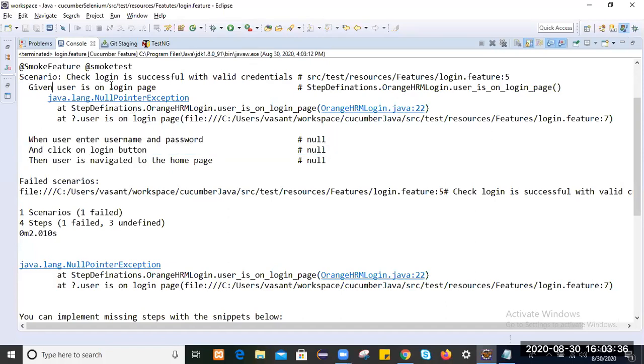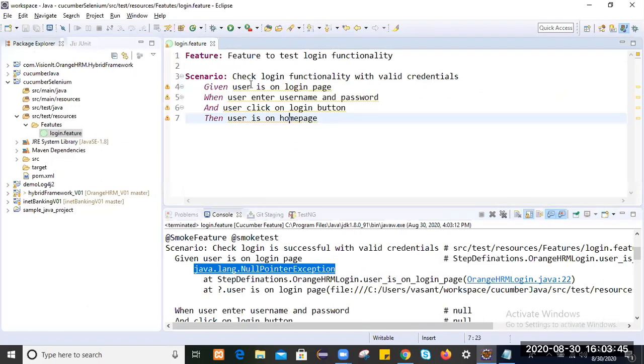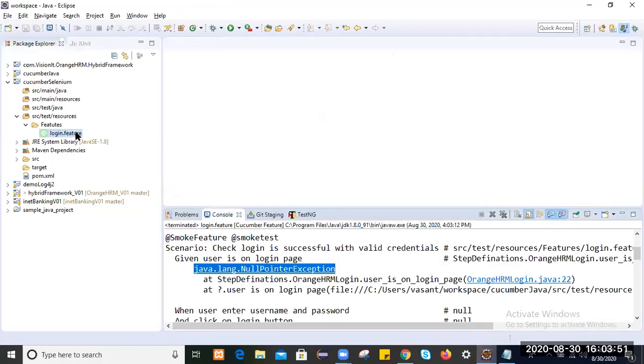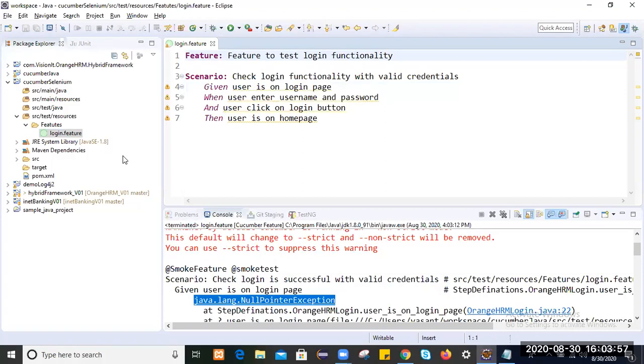Given user is on login page: we are getting a java.lang.NullPointerException here. That step also has to execute, and when you execute that step it has to generate as well.